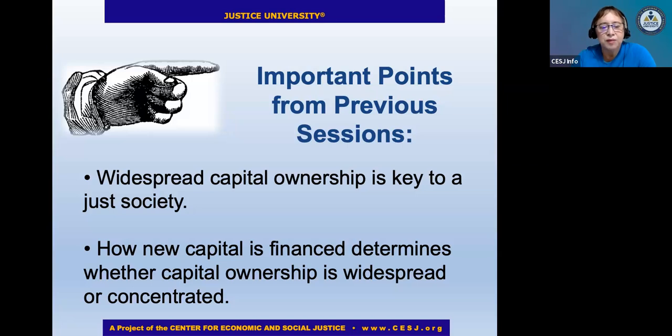And if the financing is done through the old way, past savings, the already accumulated savings of past production, and only a few people have enough of that to invest in capital, well, then the ownership is going to end up with those people. So Kelso figured out a way to break the chains of past savings as the only way, or what we think is the only way, to finance new growth.